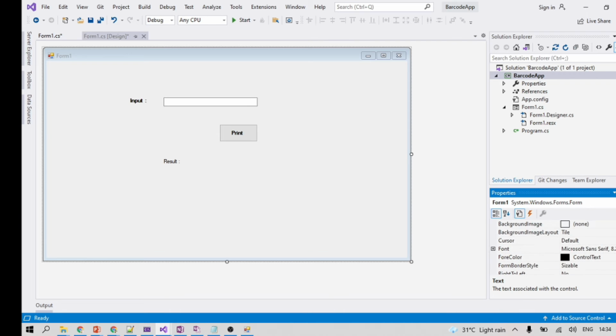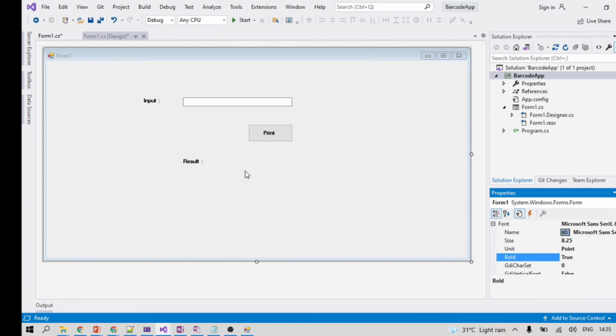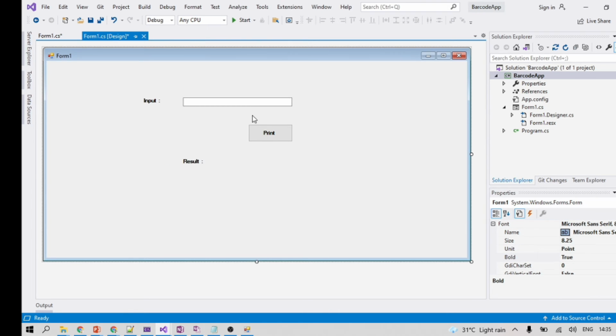Sometimes it becomes difficult to find the properties. Result will get displayed here. This is the button. They will give some input, and based upon the input the label will get printed.